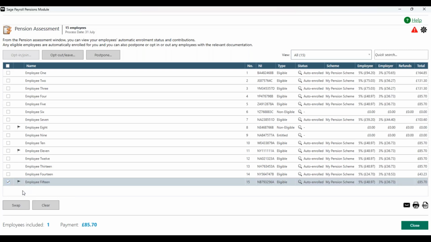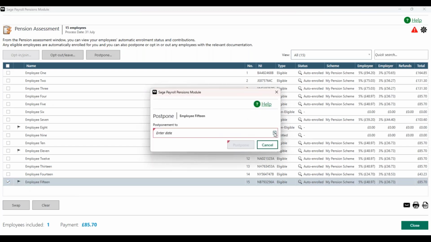I've just selected the employee, and I'm going to go up to that postpone option in the top left. And in here, you're able to enter the date that you want to postpone them until. So in this calendar icon, if you just notice, if I skip ahead 3 months, the calendar actually greys out any dates beyond 3 months from the start date. So the longest I can postpone this employee's automatic enrolment until is the 6th of October 2025. So I'll select that date there, click postpone,